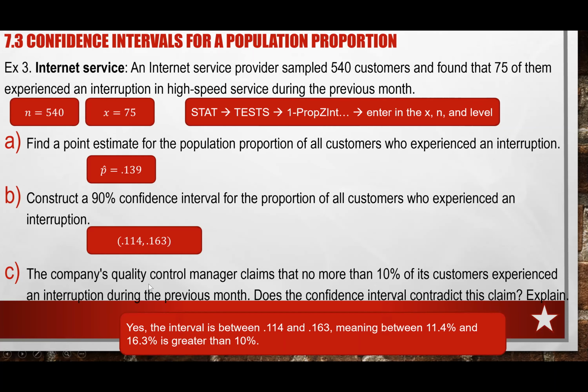That's why, when we calculate, it contradicts his claim. He claimed that the maximum percentage that could happen is 10%. But when we calculate and construct this 90% interval, the leftover is the 10%, right? We construct the 90% interval, and the 90% interval is between 11 and 16, which means the 10% is not in there, okay? So again, looking at this thing here, everybody see that basically the follow-up question is to ask you,